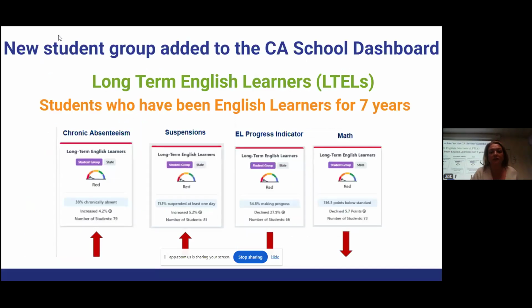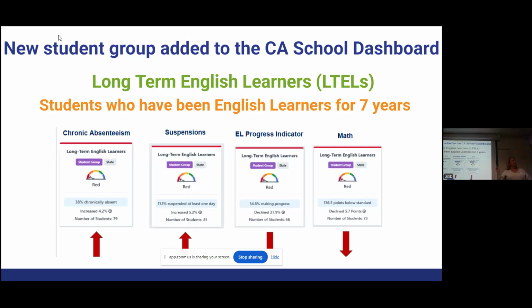And see, this is at a school district level. Now, look at this interesting fact here. They're also measuring students who are long-term English learners, who have been English learners for more than 7 years. And one of the most important things that I noticed here is that, look at that percentage. That percentage is too high. So students have to show up to school. And this is at a California level.